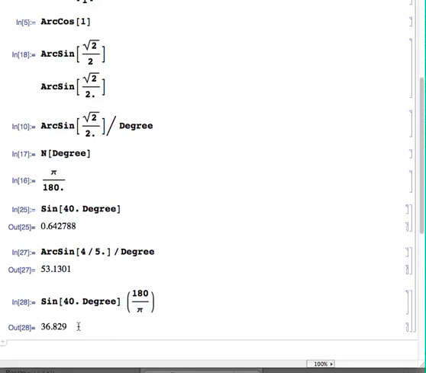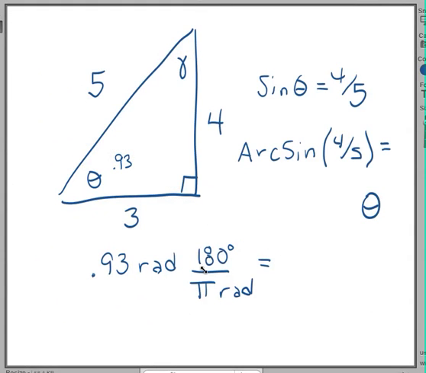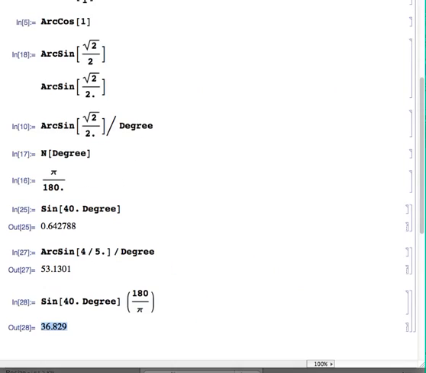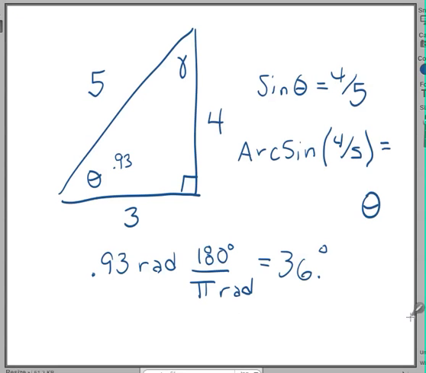We can evaluate it, and we get approximately 36.8 degrees. So if we erase this, put it over here, 36.8 degrees. So let's do one more of these, and